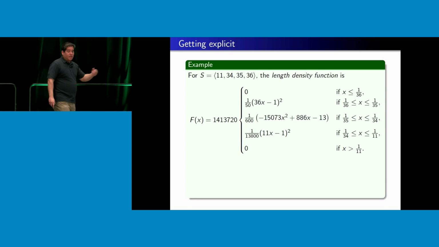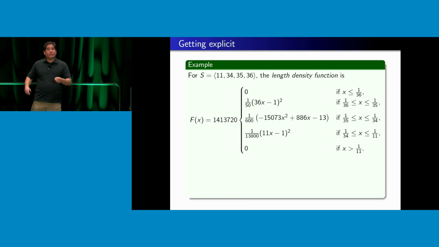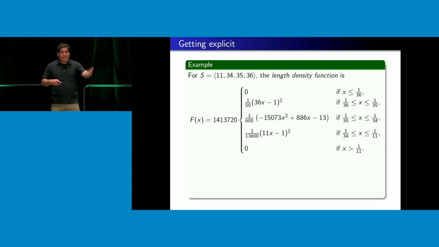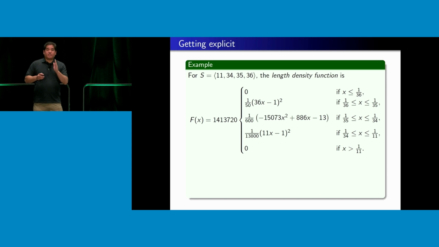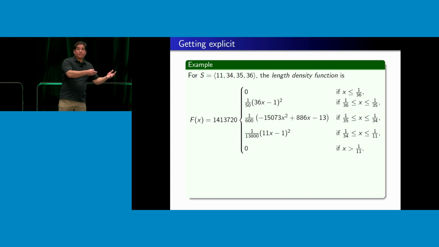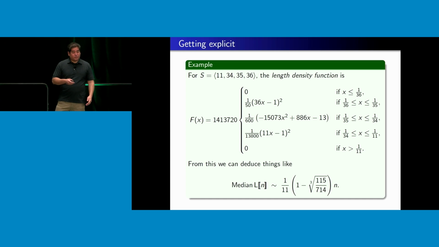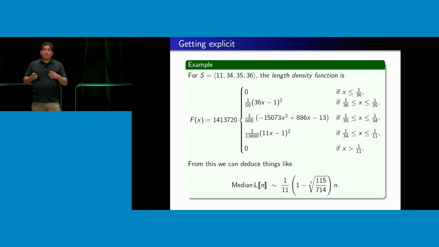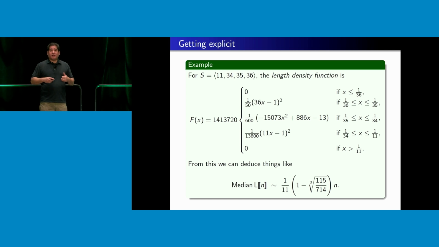Let's take our ridiculous semigroup where I have box sizes of 11, 34, 35, and 36. If you work out what that function on the previous slide is, it's that thing. It's a piecewise quadratic. Its transitions are as predicted at the reciprocals of the generators. It turns out it's a probability density function. And using this, you can work on the continuum side. Instead of counting stuff and computing stuff, you work on the continuum side, and you can do things like, well, I can take a look at the median of this probability density, capital F, figure out what it is, and then I know I need to scale it by n to get the asymptotic median.